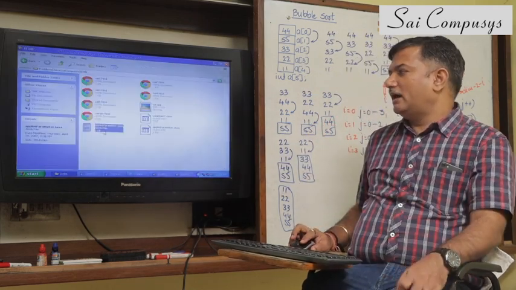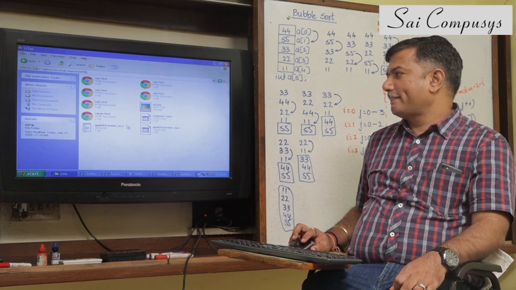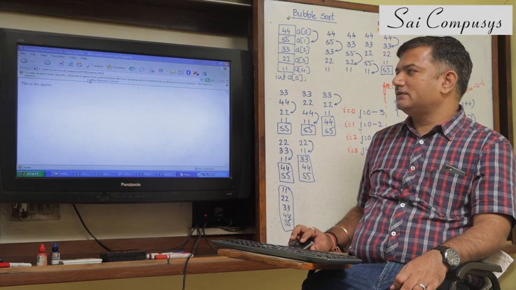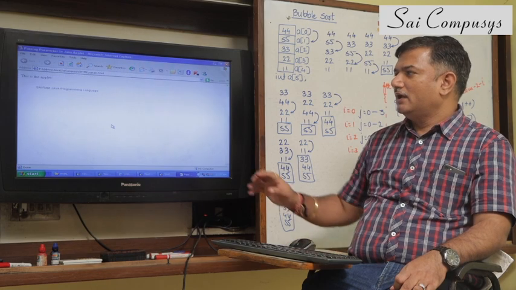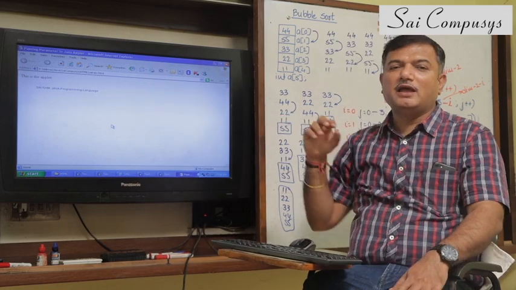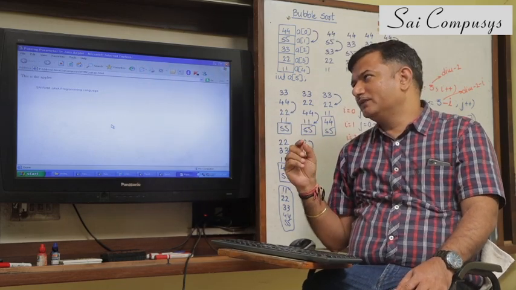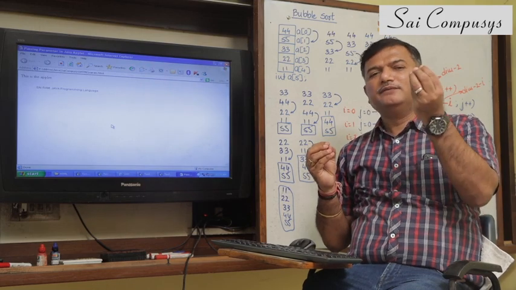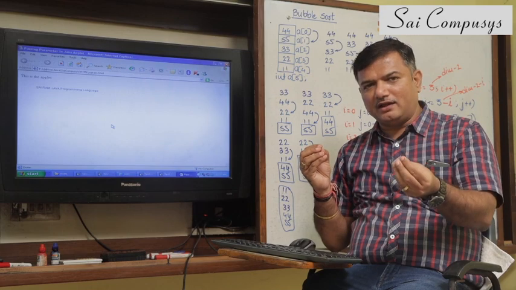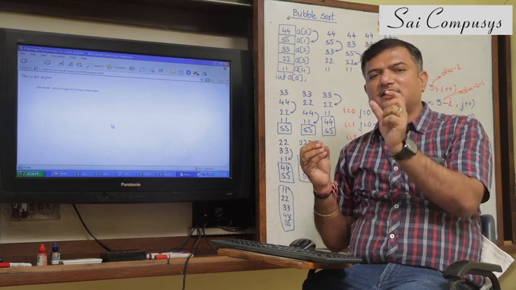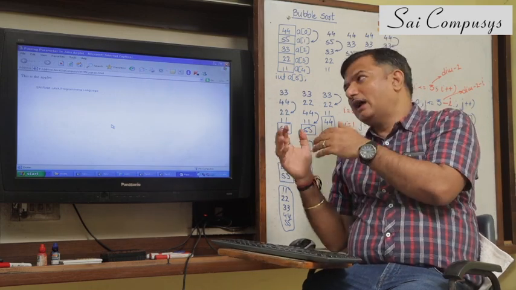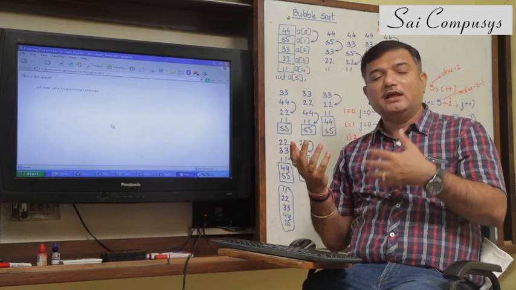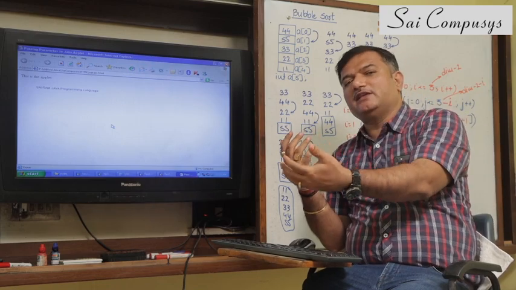Now, if I execute this, again the same security related message, I'll say allow blocked content, and you can see the message getting displayed on my applet screen. So it's very easy, it's very convenient to embed an applet in my HTML page. Just specify the applet tag, specify the code, that is the name of the class file, width and height. Apart from that, what extra we can do is parameter passing. These parameters can be used by the applet for the display.